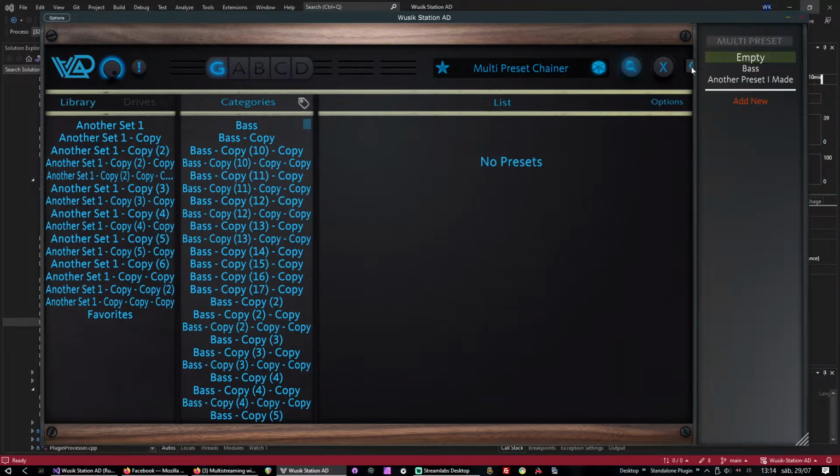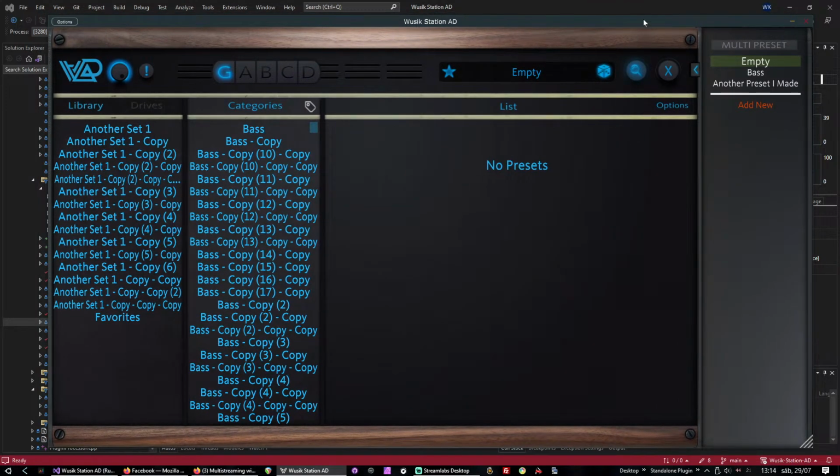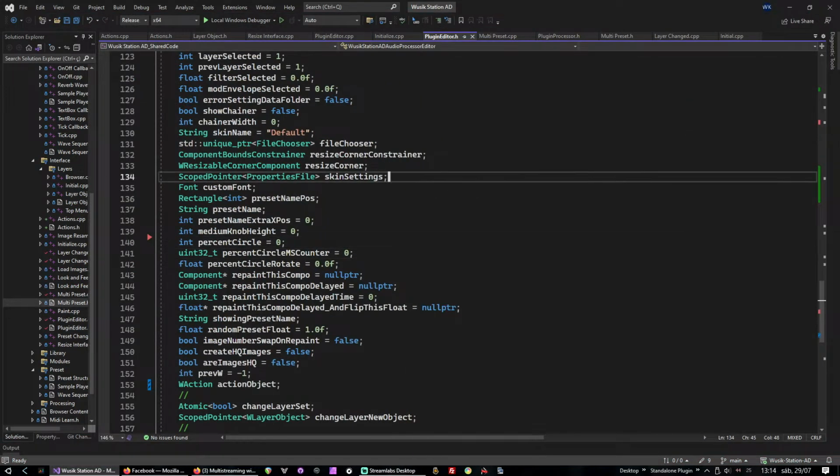But it seems to be working, so I'm not going to bother about that for now. It seems good, and it's also more organized,